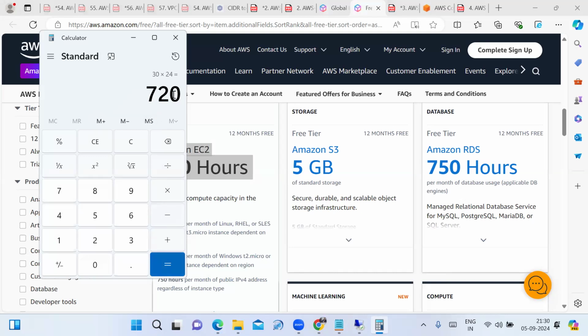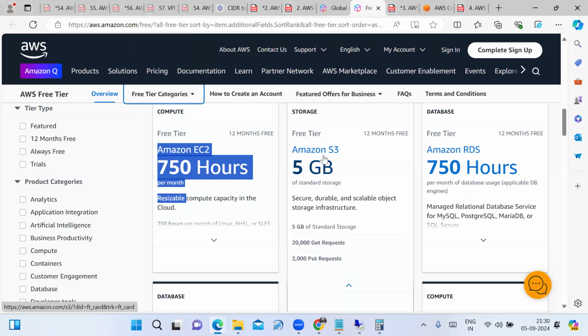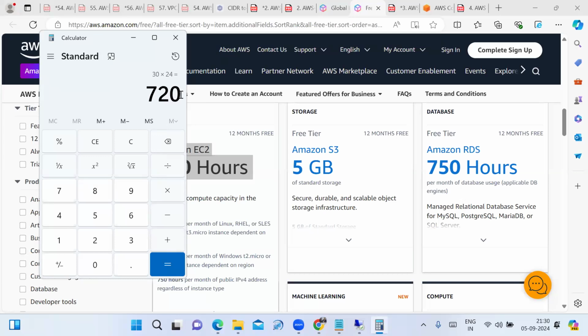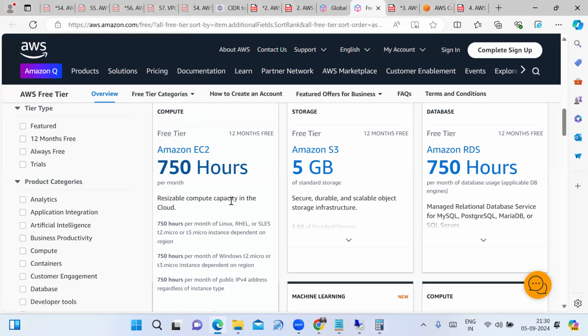Suppose you are using 3 instances to run your application, and your 3 instances run within 1 month. Then how many hours is that? 720 into 3 instances means 2160. As per the free tier, 750 hours per month it is providing as free service.